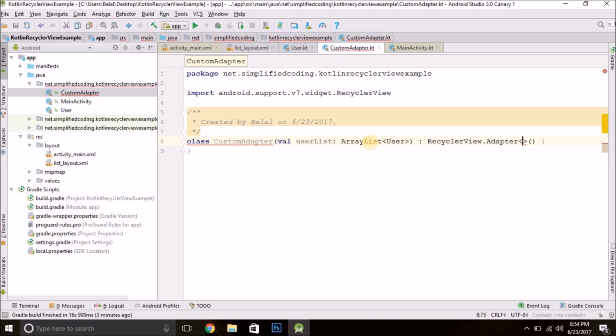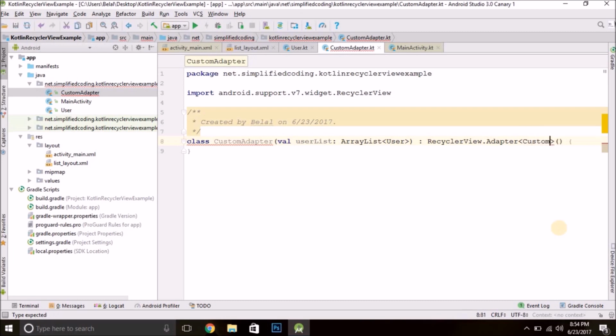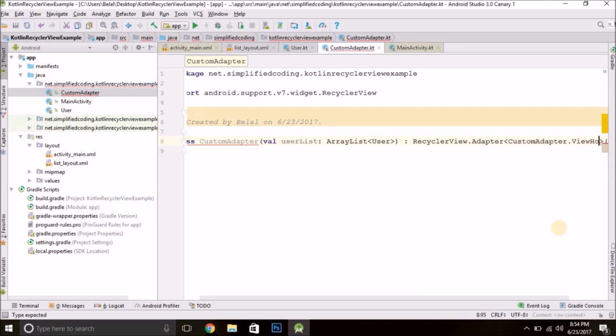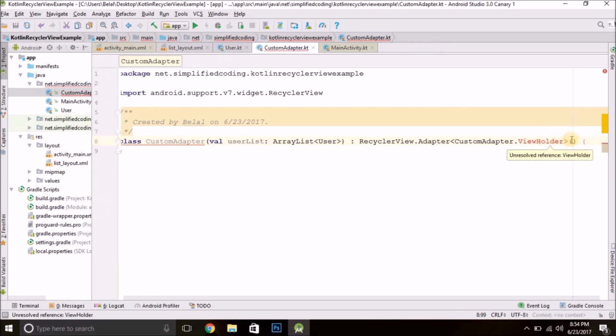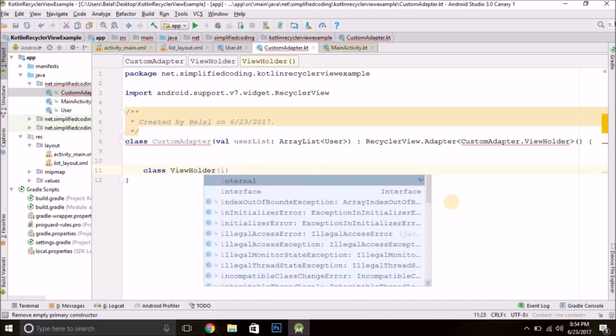and we will define the view holder for this adapter, and we will define the view holder inside this custom adapter class. So here we can write custom adapter dot view holder. That's it. Now inside this class we need to create one more class named view holder. So we will write class view holder, and it will take view as an argument to the constructor.